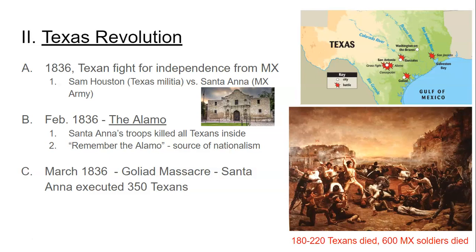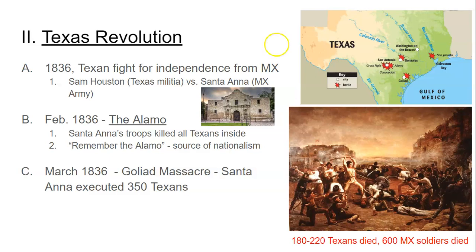Now, the Americans living in Texas at first don't have the help of the US Army. It's just a militia. Remember, a militia is just a group of people with guns acting like an army. So, fighting for Texas independence is Sam Houston, an American, who was leading the Texas militia. And that's how Houston, Texas gets its name. And fighting to keep Texas as part of Mexico is the military dictator of Mexico, Santa Anna. So these are the two main groups that are fighting against each other in the Texas Revolution.